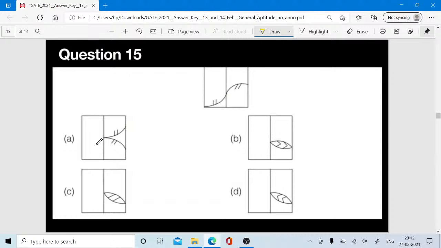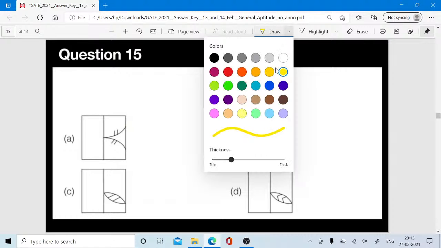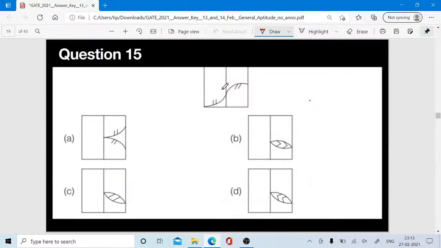Question 15. When the paper is folded, what will be the right answer you will be getting? Just a minute, let me go for a different color. So this has to be folded. When this gets folded here,